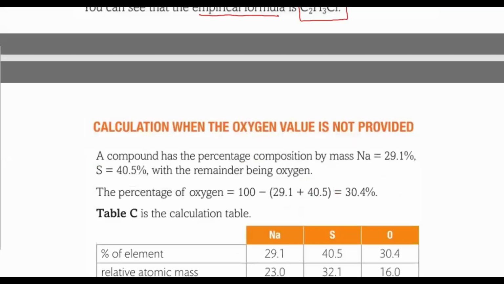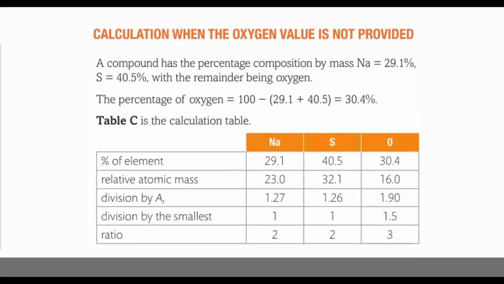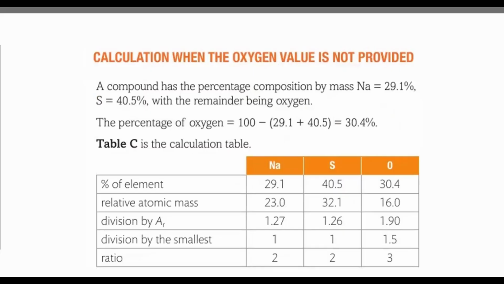Okay. Now, moving ahead. There can be a scenario where there is a substance X, a compound which is not known to you. They say that the compound has this percentage of sodium and this percentage of sulfur, but this compound also has X in it. The remainder is X. Can you find out the remaining mass percentage of X which is there in the compound?